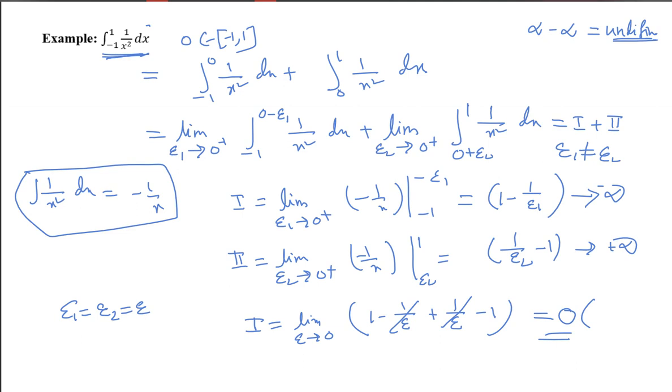Sir, you wrote 1 by epsilon 1 in the question, minus 1 by epsilon 1 plus 1. I wrote minus 1 by E1. Okay, let me check. The first integration: 1 by epsilon naught, minus 1, minus 1. Okay, this will be plus, this will be minus, you're saying? Yes, sir.